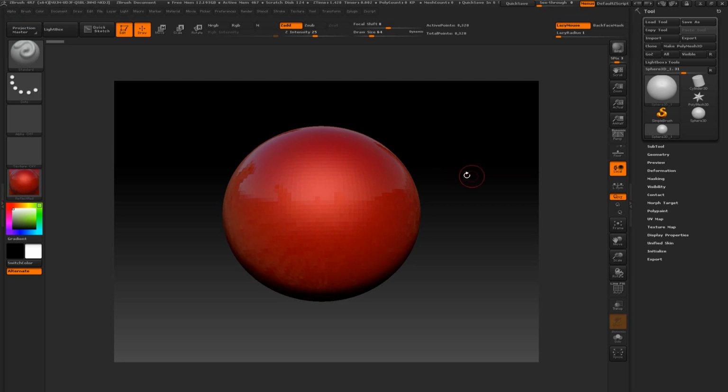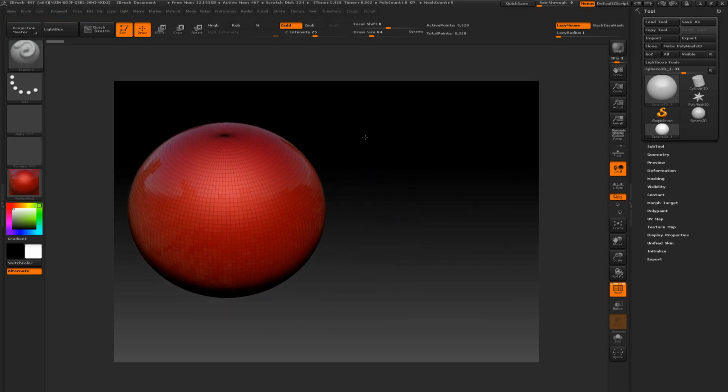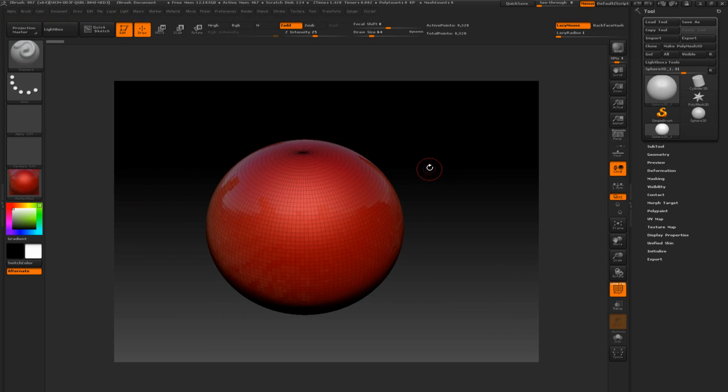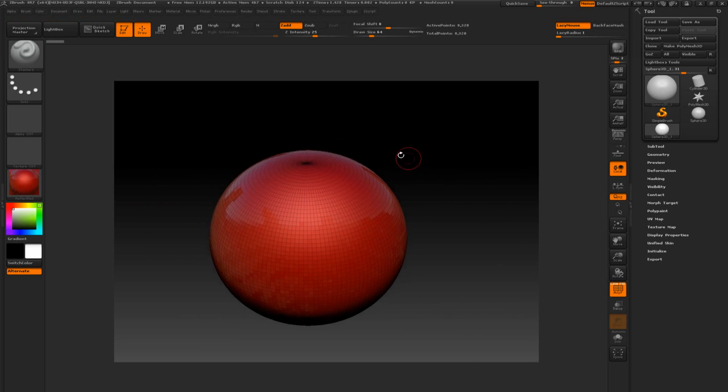For example, I'm just going to show you the wireframe, which you can just click here or press Shift F, and you can see the wireframe, because this way you're going to see it better when it's rotating. So nothing too complex. But now, if I want to pan, I just hold down the Alt and drag around. And now here comes the weird part, which takes a bit of time to get accustomed to. But if you want to zoom in or zoom out, what you need to do is hold down Control, click, and let go of the control while you still have your pen clicked. And now, once you start,